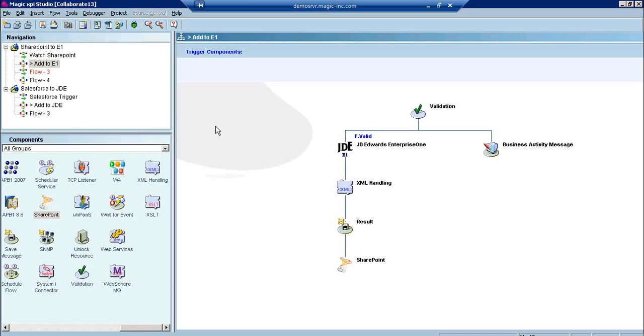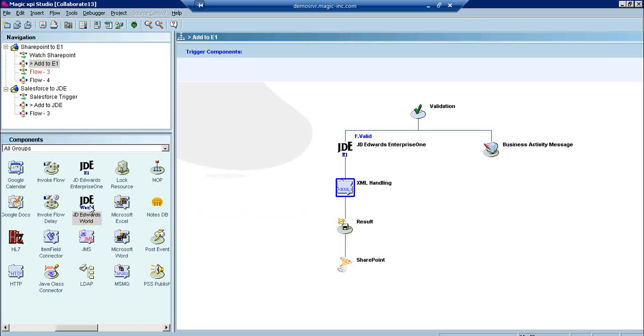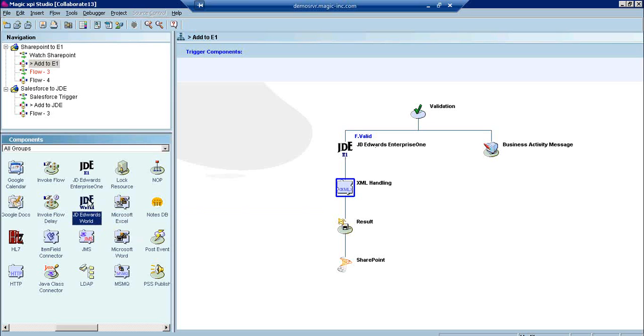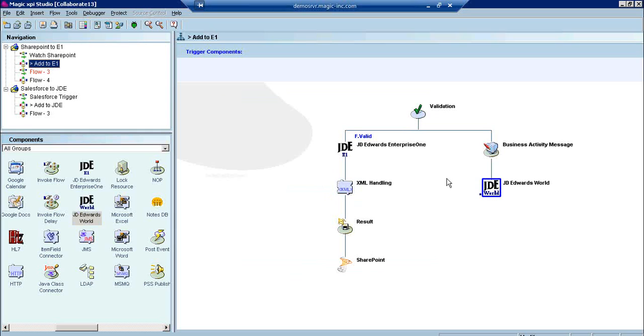On the World side, we have a World adapter as well that we didn't talk too much about. But the World adapter can call your Z-table functions in real time. So we would basically be able to save data to a Z-table, call the processor that would validate the data and get it into the real tables. And all of that is done basically in series right away, so that you're not waiting for some process to kick off that does it later. So you get the real-time integration with World that you would normally have to have E1 to have. It's a nice benefit to the adapter.